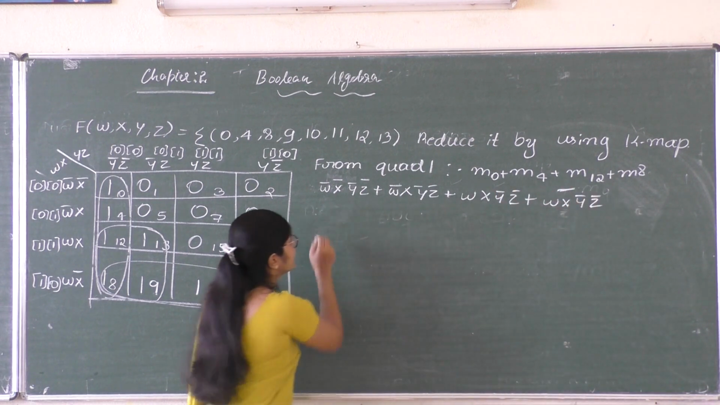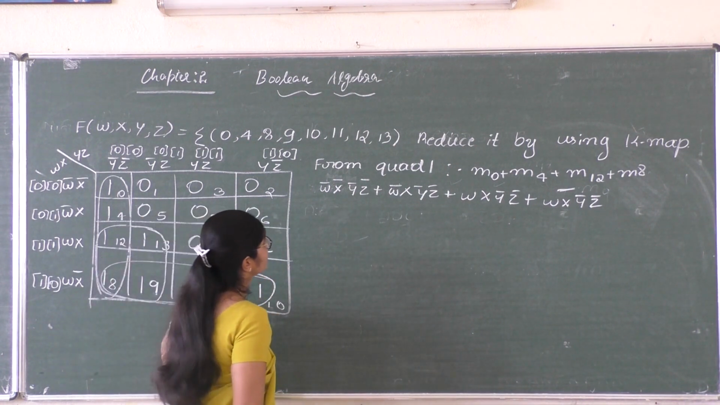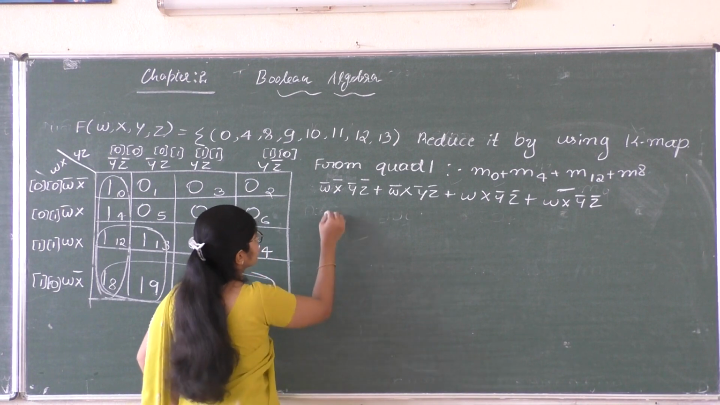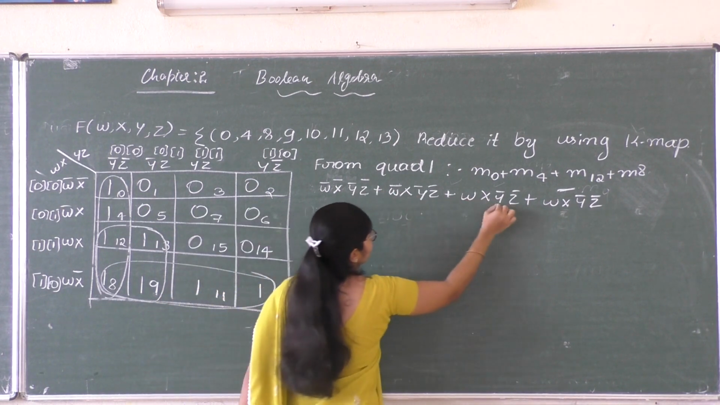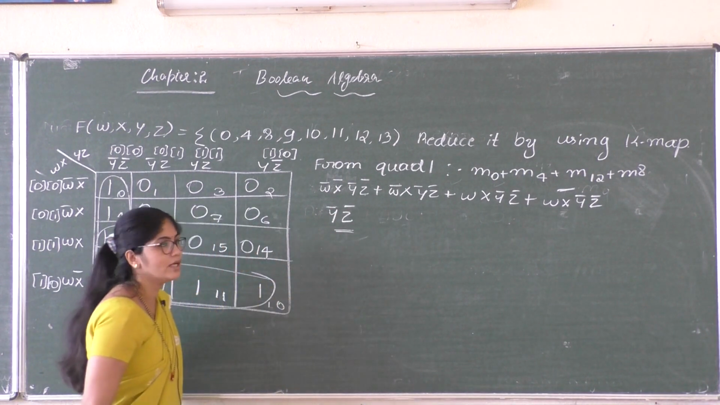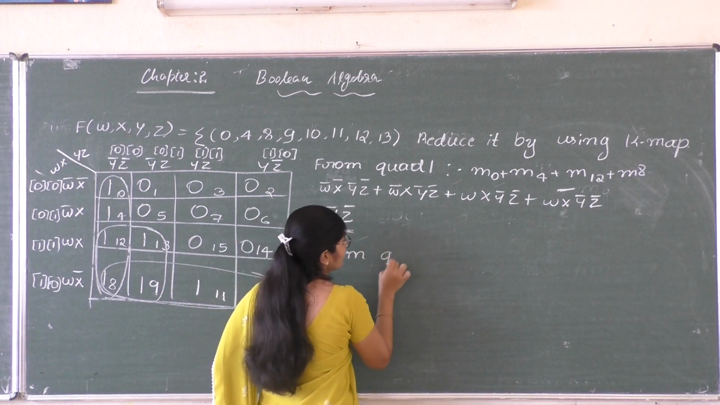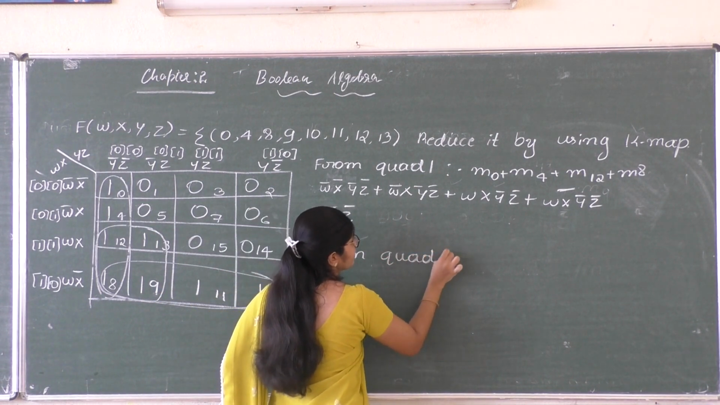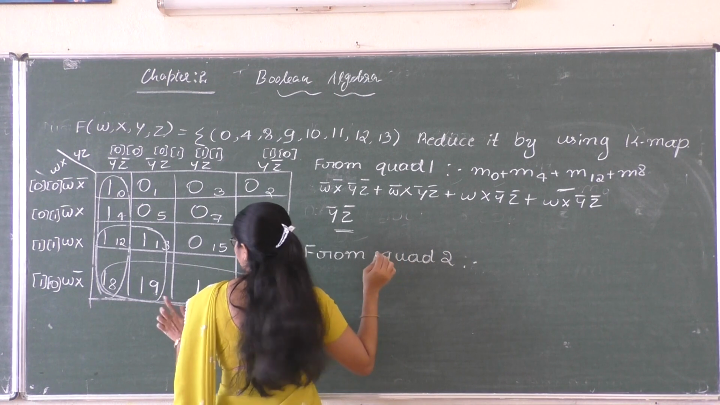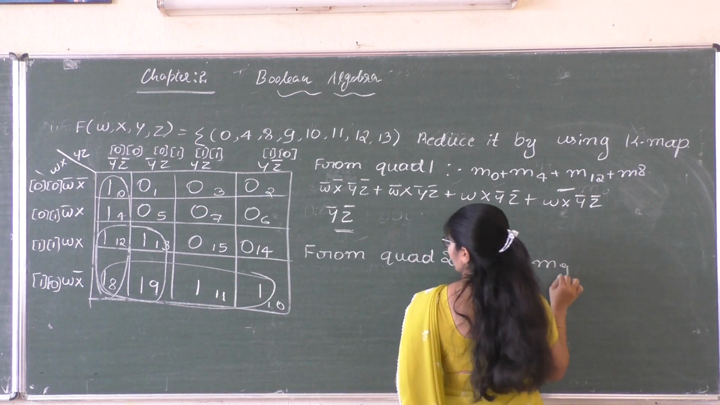Now we shall write the common variables. W bar is not common. Next x bar not common. Y bar, yes, y bar is a common variable. Next z bar is also common. So from quad 1 we got the minterm y bar z bar. From quad 2, that is by using M8, M9,